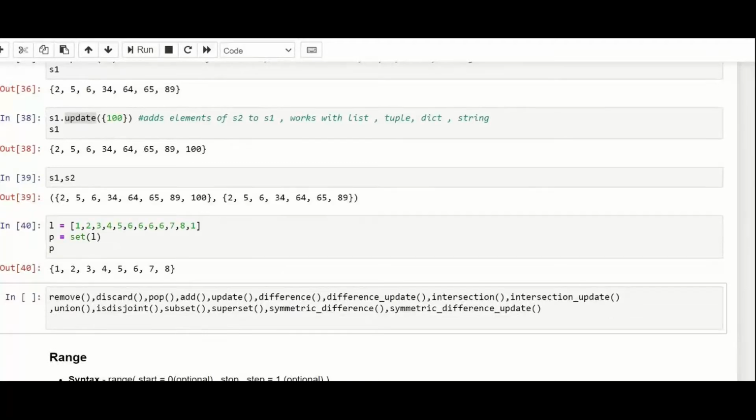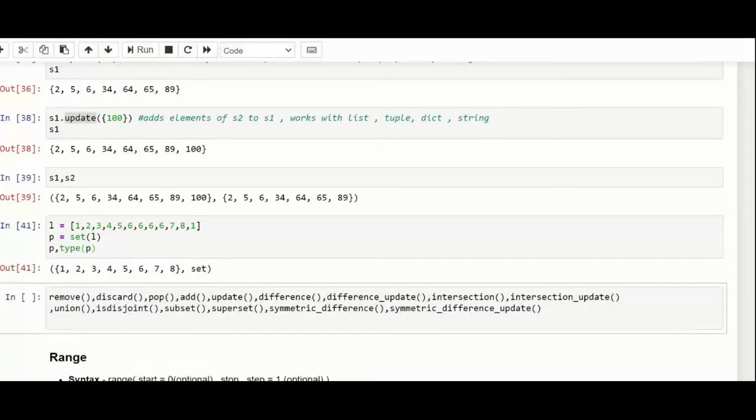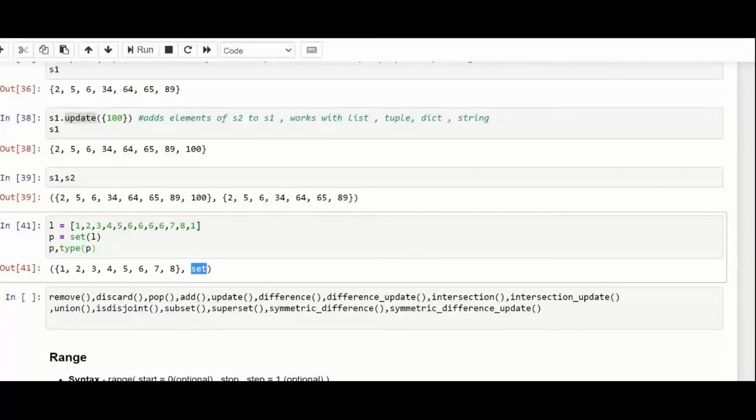That is P, and I can also write the type of P. What is the type of P? So it is a set now. As you can see, the 6 was coming multiple times in this list, but when I convert it into a set, it occurs only a single time. And the same is the case with the 1. 1 was coming here in the starting and in the end too.